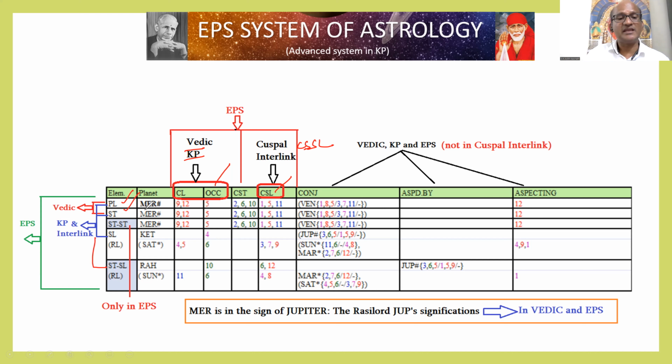Then sometimes we also take the star lord of the sublord, right? But in EPS, we take the planet, the star lord, and in addition to that, the star lord of the star lord, the sublord, and the star lord of the sublord. So apart from the first steps, we take 2A, the star lord of the star lord, which is called the 2A level. Apart from that, whenever the same planet is repeated in planet, star lord or sublord, we take the sub-sublord of the planet also. It means in EPS we take a minimum of 5 levels: planet, star lord, star lord of the star lord, sublord, and star lord of the sublord.